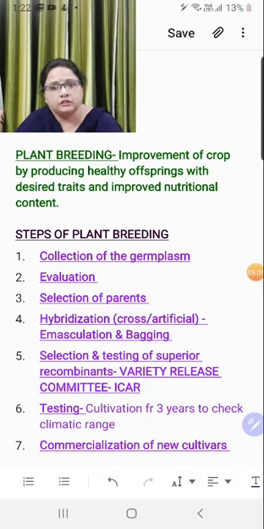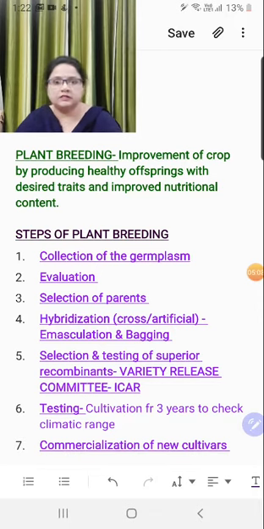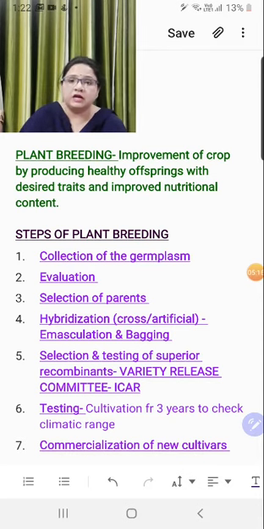You are going to cultivate these seeds, right? Suppose you have taken 10 plants and done artificial hybridization over them. The seeds coming out of these plants are the ones you are going to cultivate. Though in smaller amounts, obviously, initially you won't have such a large sample to use in the field. So what are you going to do?